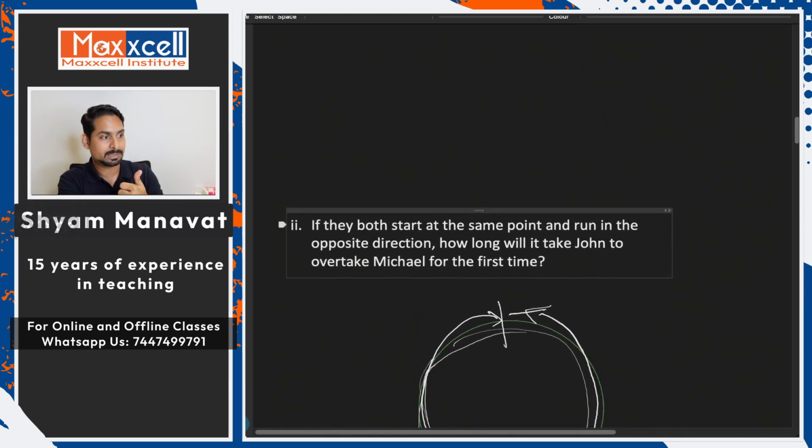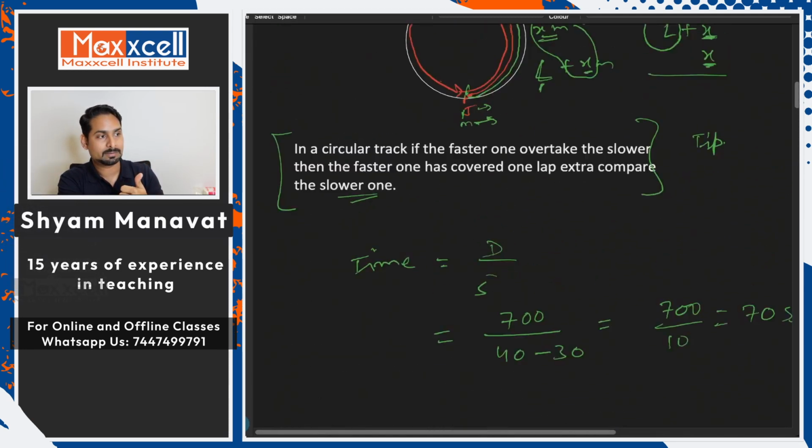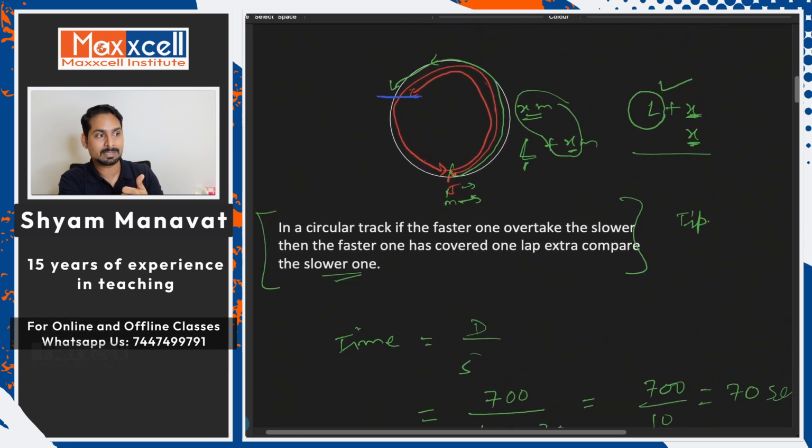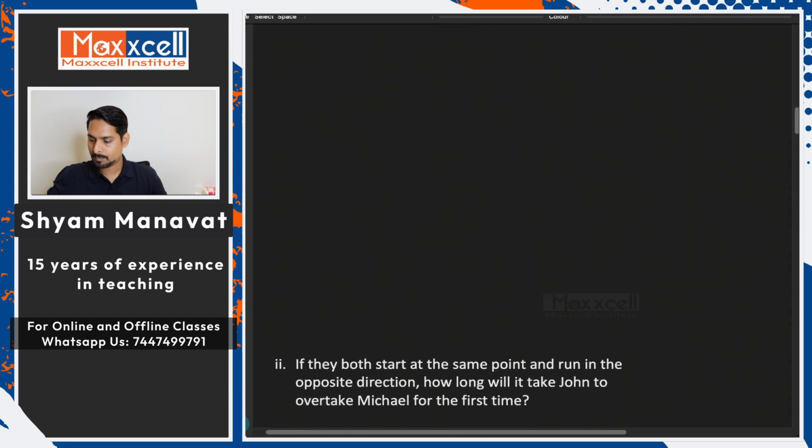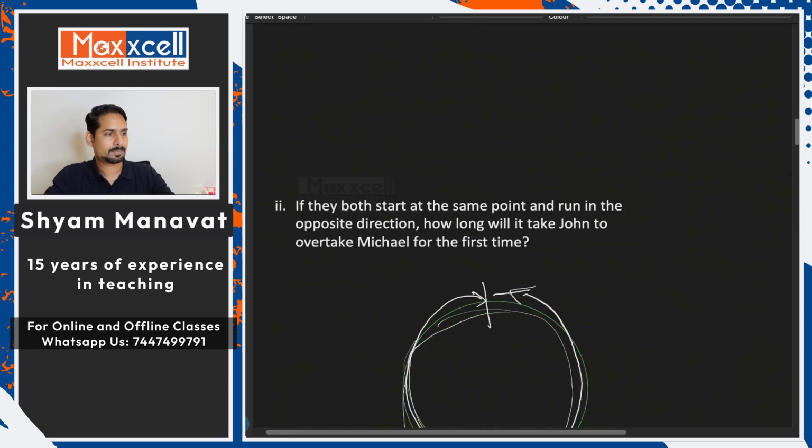When it overtakes, if the slower one covers x, then the faster one has to cover L plus x. L is one lap, the circumference, the length of one circle, the entire circle. Okay, circumference. Okay, great. If that is clear, then we have